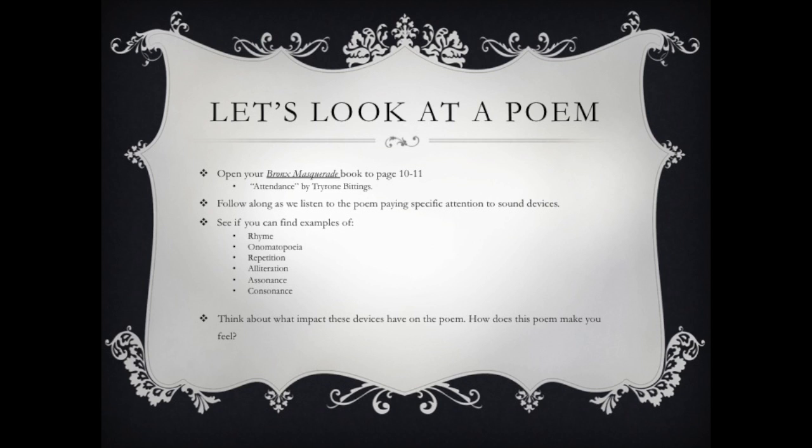We're going to read through this poem. I'm going to actually play the audio, and you're going to listen to the poem. And as you're listening, I want you to follow along and pay specific attention to sound devices. You can pause it at any time and see if you can find examples of all of those sound devices that we've been talking about. Now, on your practice sheet, write down the line, the words of the line, where you find that specific sound device being used. Take your time, pause this, go back and replay it if you need to. We'll talk about this as a whole class after everybody's had a chance to listen and see if they can pick out these sound devices in Attendance.